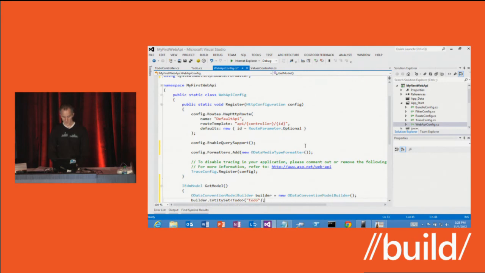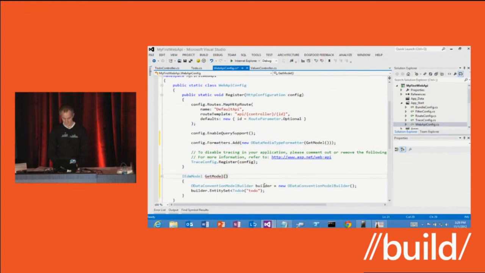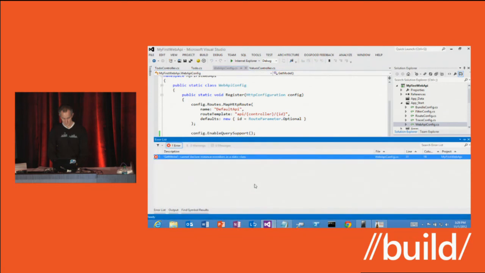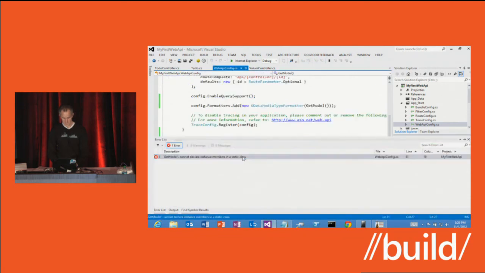And what this is going to enable is the generation of next links and enable the formatter. I need to resolve the namespace. And then let's do GetModel. I'll return something. So return builder.GetEdmModel. How about that? Okay. Needs to be a static method.